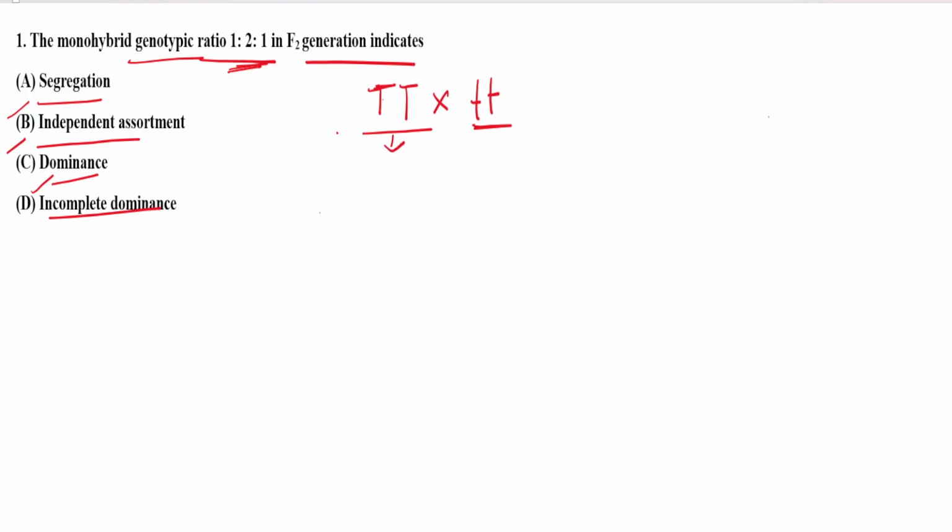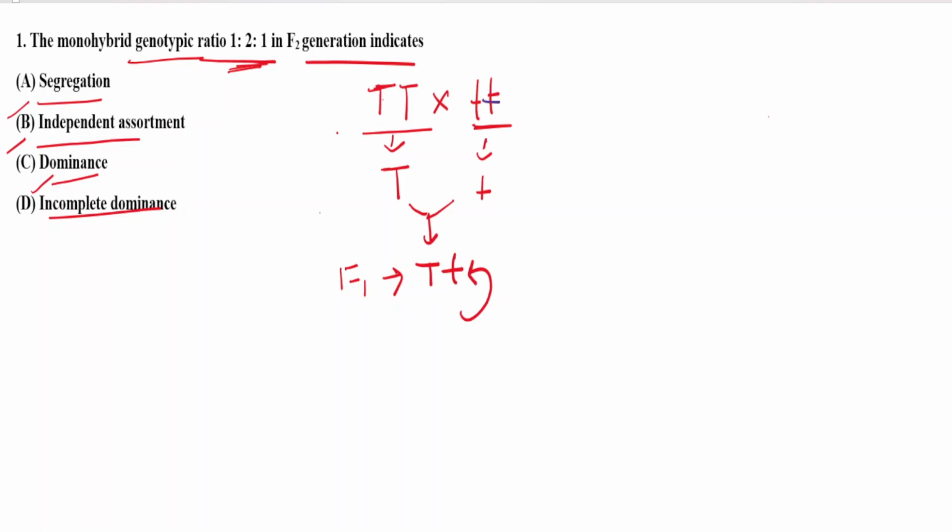Whatever allele will come from the parent, it will only be capital T because both the alleles are similar. Here also we will get only small t. So if we do the mating, we cross it, what will we get? We will get capital T small t. Now the plant in the F1 generation is heterozygous in nature, capital T small t. But we have been asked this ratio in the F2 generation. So to get the F2 generation, we have to do selfing of it. So let us do it.